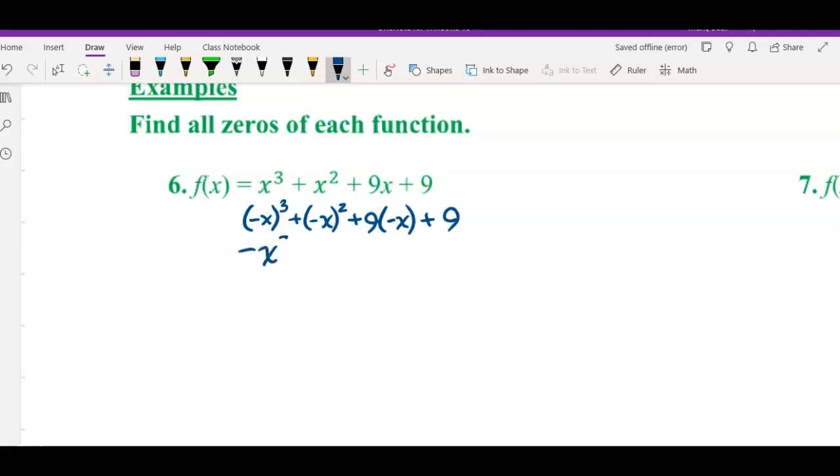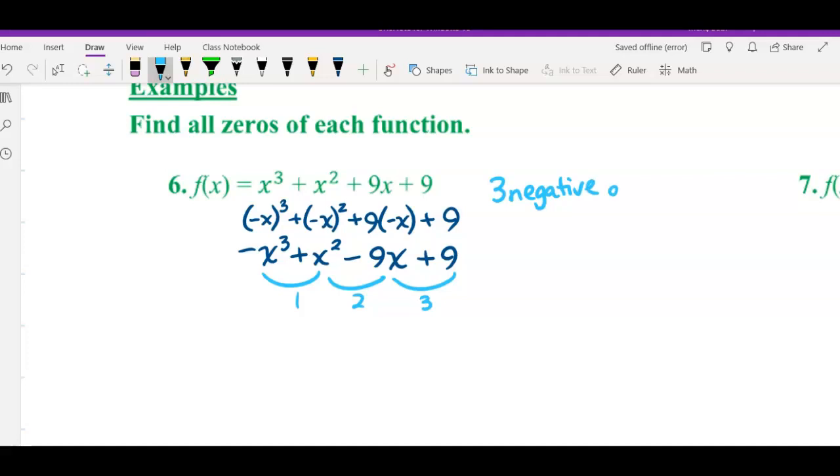This gives me -x cubed plus x squared minus 9x plus 9. So now I'm expecting 1, 2, 3 negative zeros,